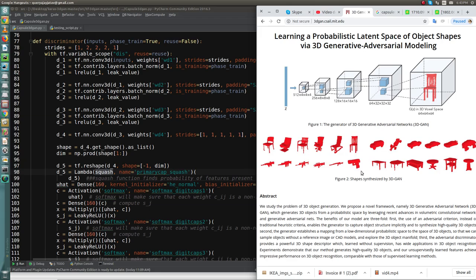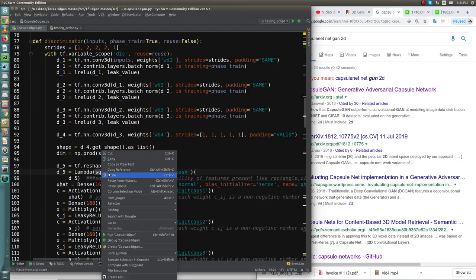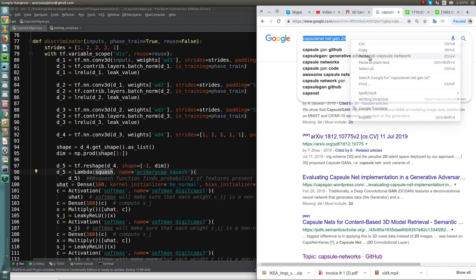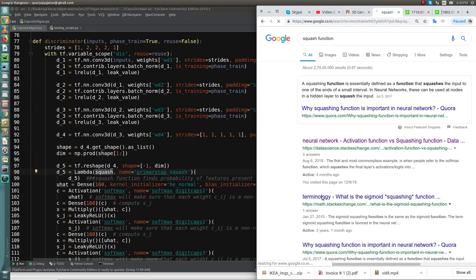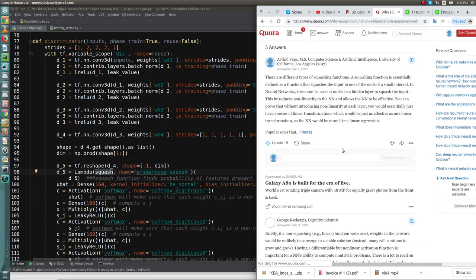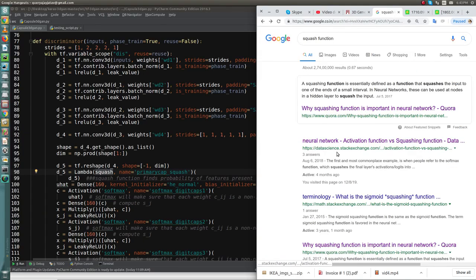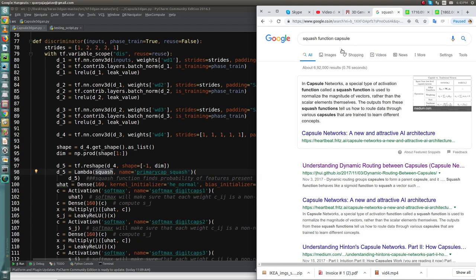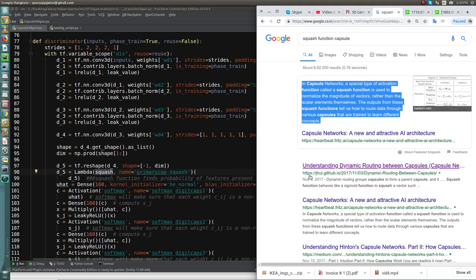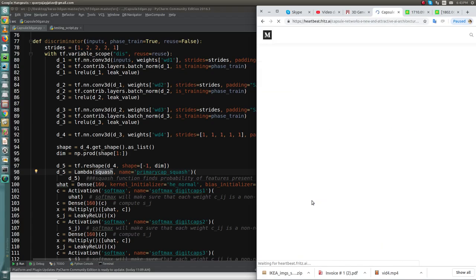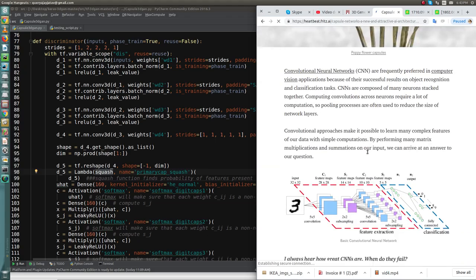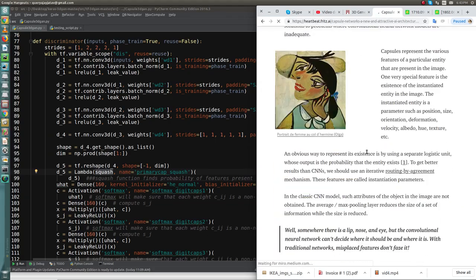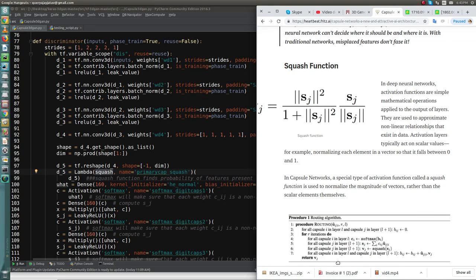The squash function is a really novel introduction in CapsuleNet, so I must give you an overview of how it looks. So this is the squash function.